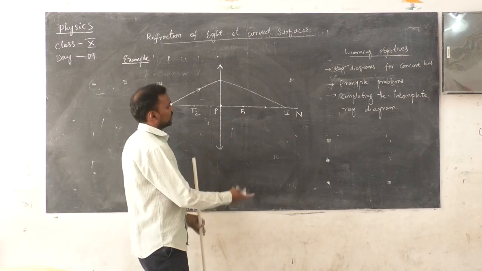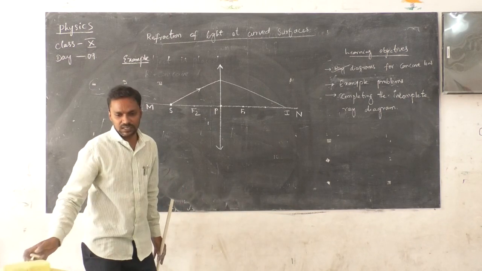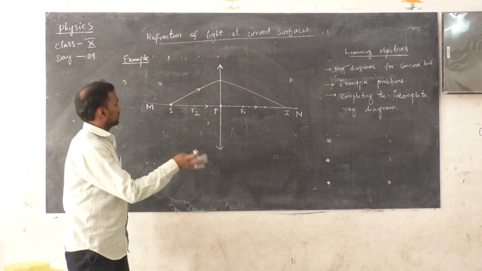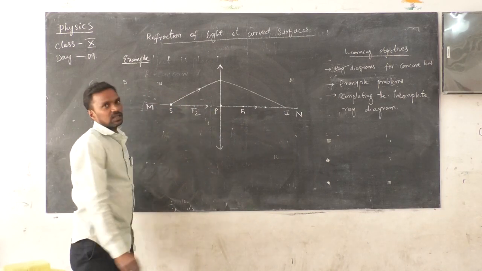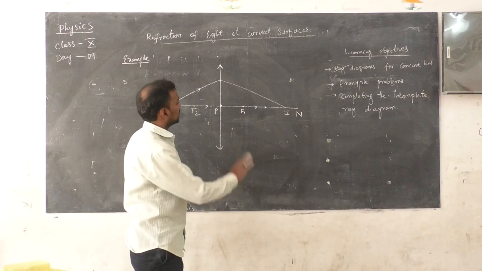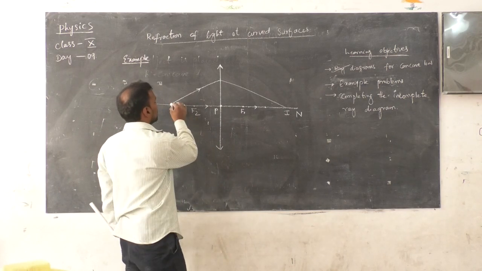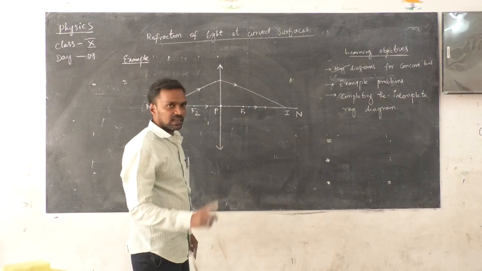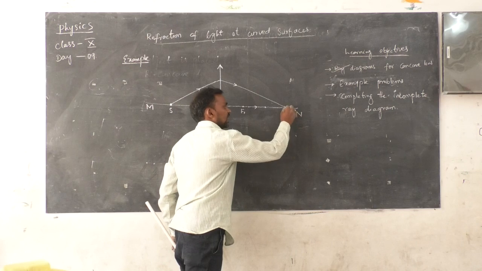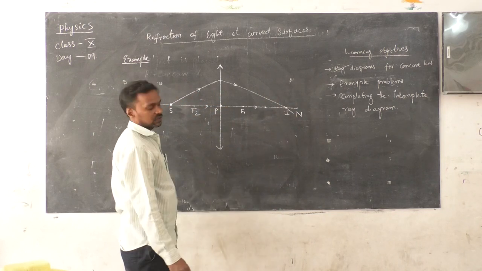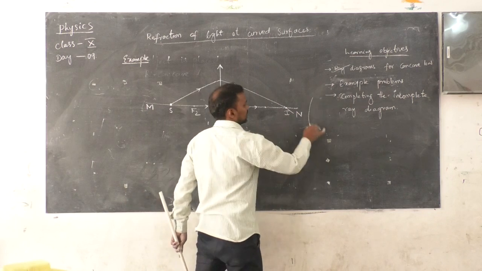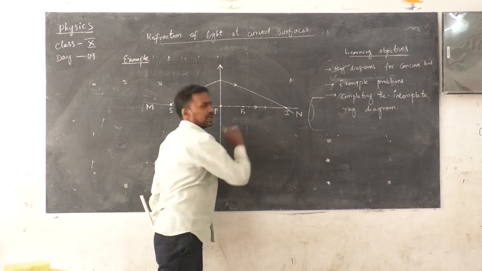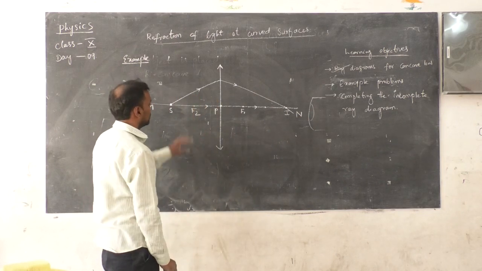Then one thing I want to know is where the image will form. One thing we know is that the light passing along the principal axis remains undeviated. That is one case. And here another ray is traveling and hitting here. This is the point I. There the image is formed. If you keep your eye here, you can see the image here. So the two rays enter my eye, then I can see the image. So how will this be formed?